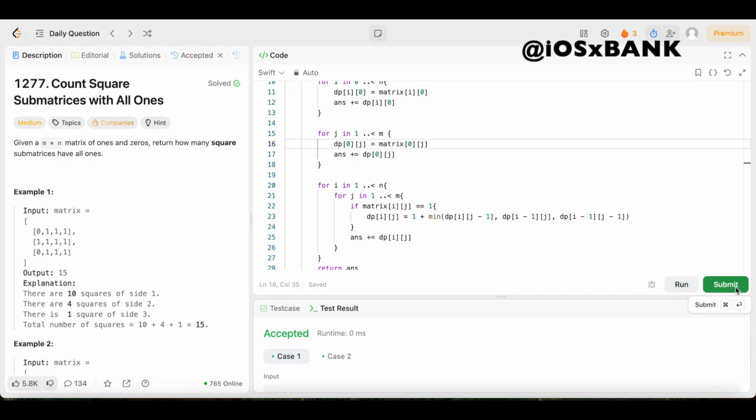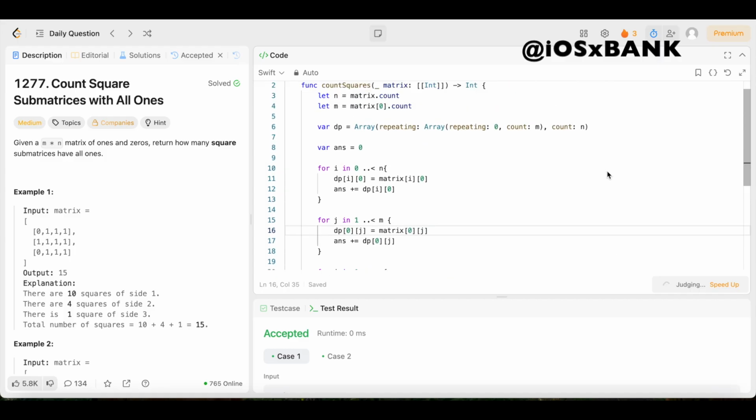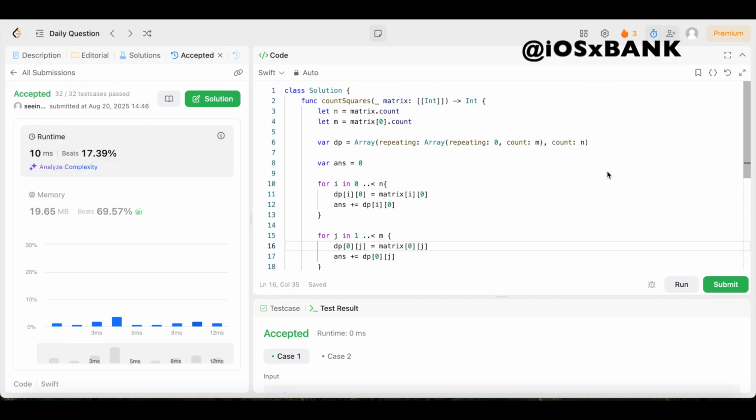And it's accepted, so let's go ahead and submit it. Make sure it's still accepted after we submit it. Let's see. Oh, look at that, y'all. 10 milliseconds beats 17.39% of users. We could definitely get those numbers up, but for now, I think this is a good solution